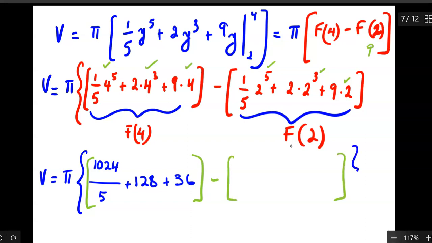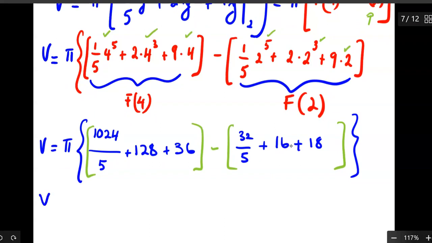And then I close the bracket right here. So this should be 32 divided by 5, plus the 16. Yes, and plus 18. Okay. So volume is pi, and what is this part? I do step by step. I tend to do step by step. So it's 10 to 4 plus